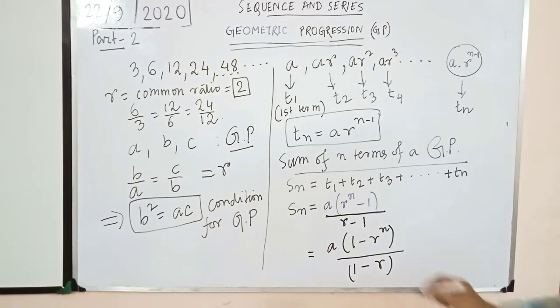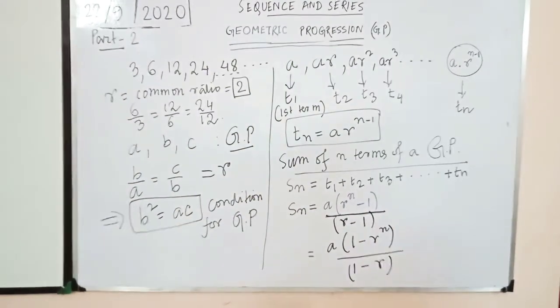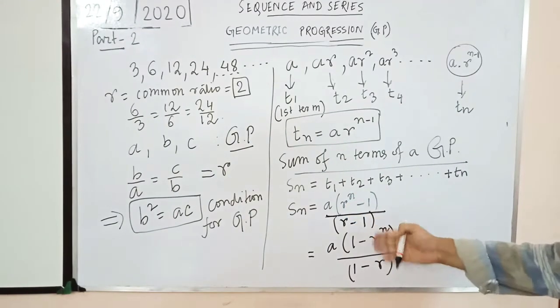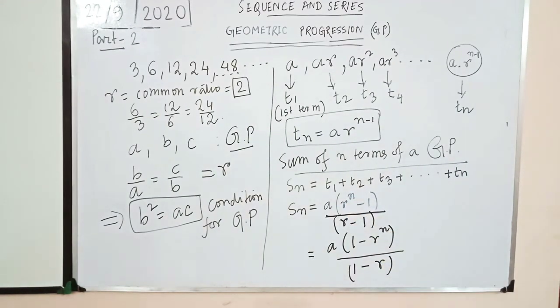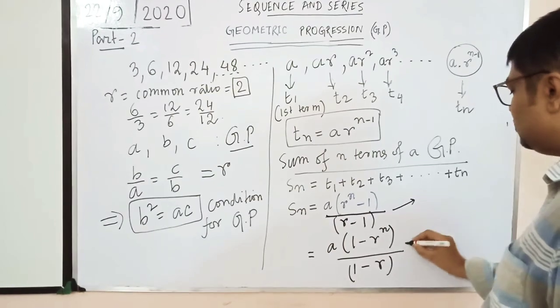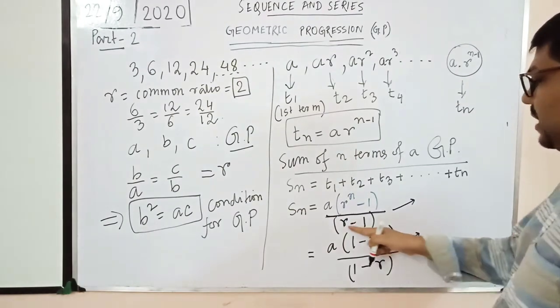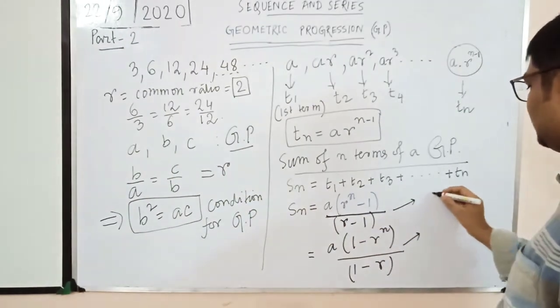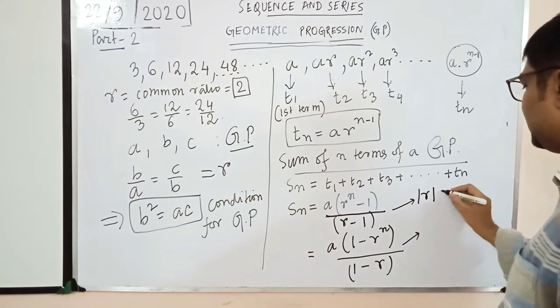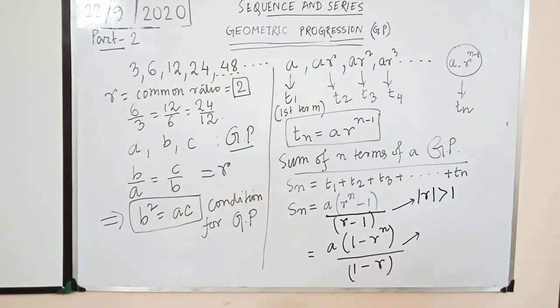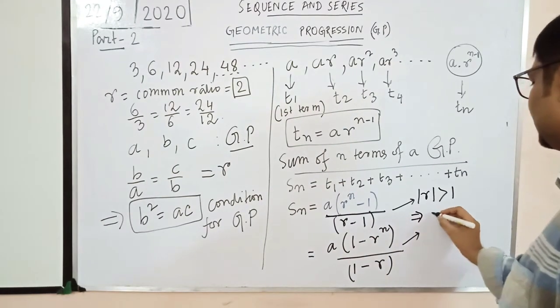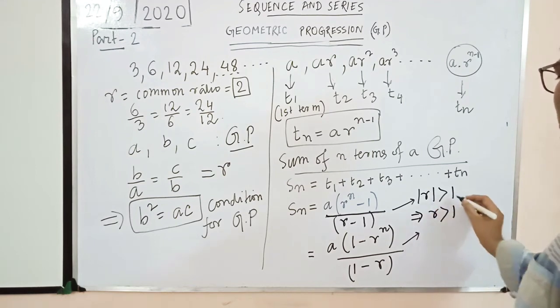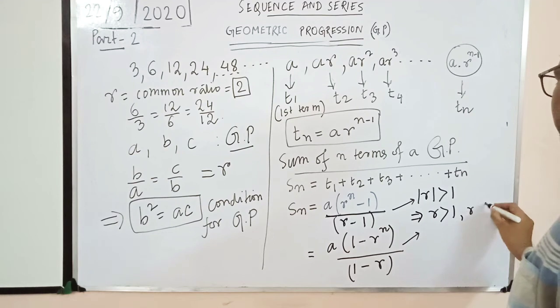So there are two formulas. You might think that they look the same, and just by taking a minus common from here we get the second formula. That may be correct because they are the same formula, but we use them in two ways. Look at this, R minus 1: here R is more than 1. So we use it when mod R is bigger than 1. It cannot be equal to 1, because if it is equal to 1 then the series will not progress. So it means either R is bigger than 1, or R is lesser than minus 1.